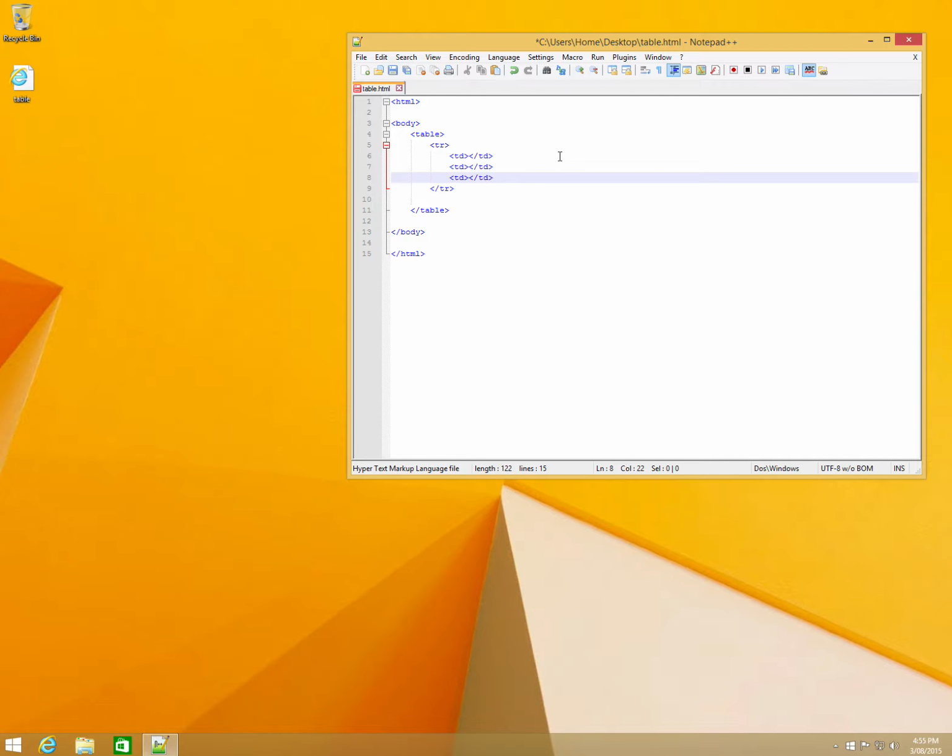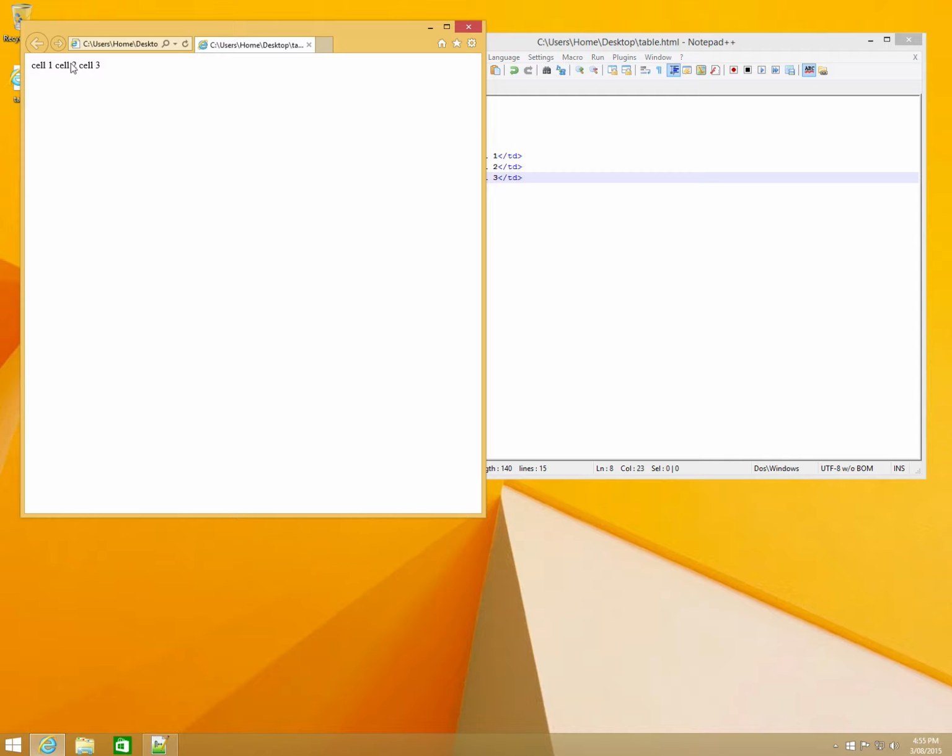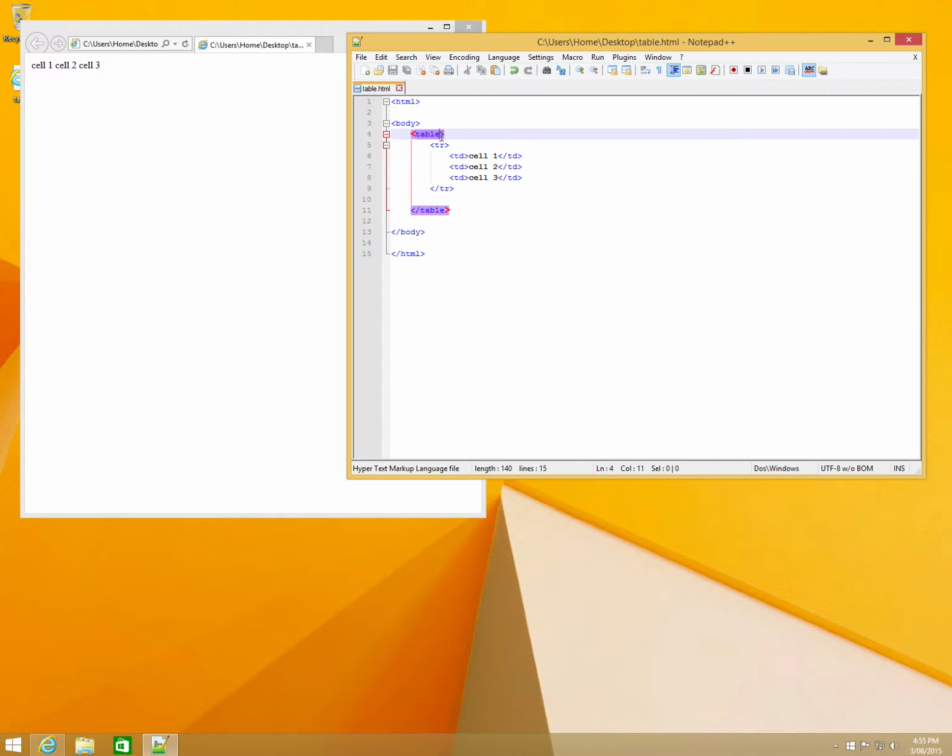and paste them down. I'll do 3 of them, so we'll just label them as cell 1. We'll do cell 2. And why not do cell 3 while we're at it? Okay, we'll just save that, and I'm just going to run that just to demonstrate how that appears. So we've got 1, 2, and 3. A bit hard to tell it is a table there, which can be a good thing, but just for demonstration